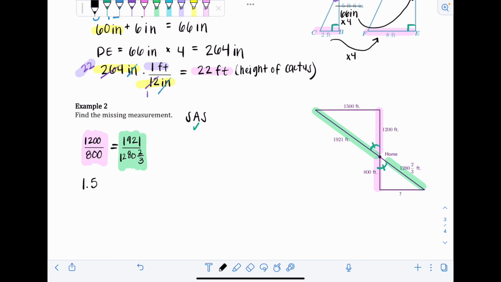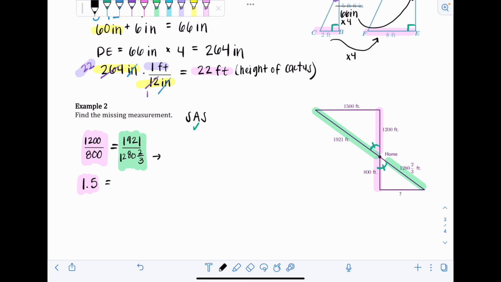Okay, so that's good. Now I just have to take the green ratio and make sure that also equals 1.5, and that's going to be a little bit more difficult. So one thing I'm going to do is change the 1,280 and 2/3 to an improper fraction. Like I said, we can't really change it to a decimal because it's 0.6 repeated, so I'd have to cut it off and round. So it makes it not accurate. So to change from a